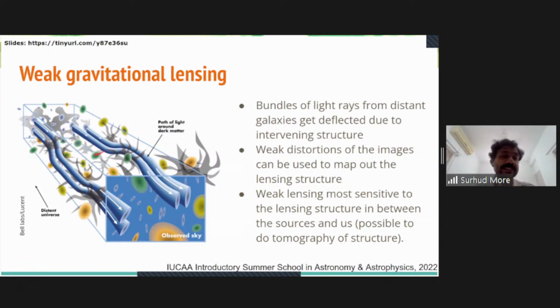Each of these bundles of light rays gets deflected by a slightly different amount. And so when these deflected light rays eventually come towards you and you see them in the sky, the bundle of light rays that started off doesn't remain the same bundle. It gets a little bit distorted. The shape of this galaxy, which originally should have looked like this in the absence of dark matter,